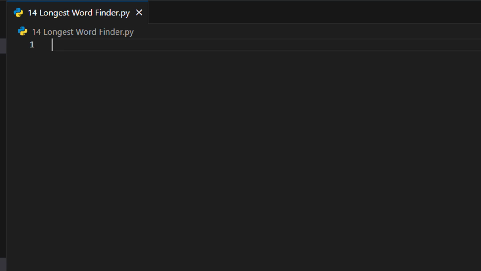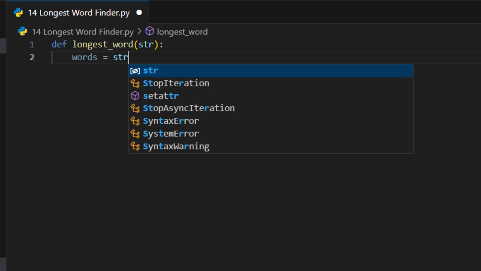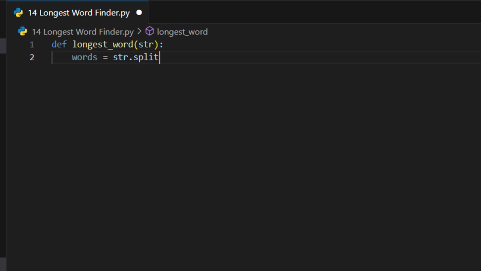So the thing is, let's create a function def longest word. Again, it will accept a sentence or string. Yeah, sentence only. Alright, we will create a words list. And here what we will do, we will string dot split, we are going to split it. Okay,